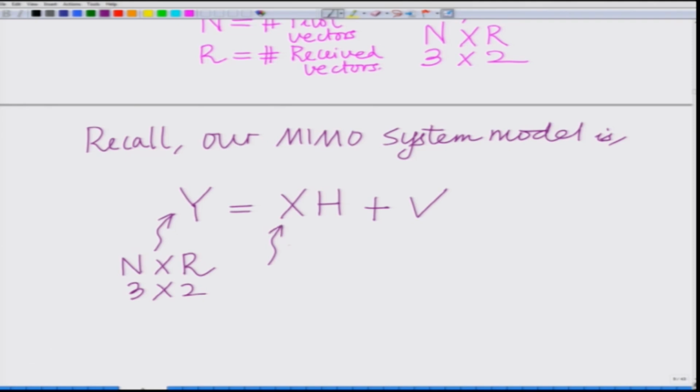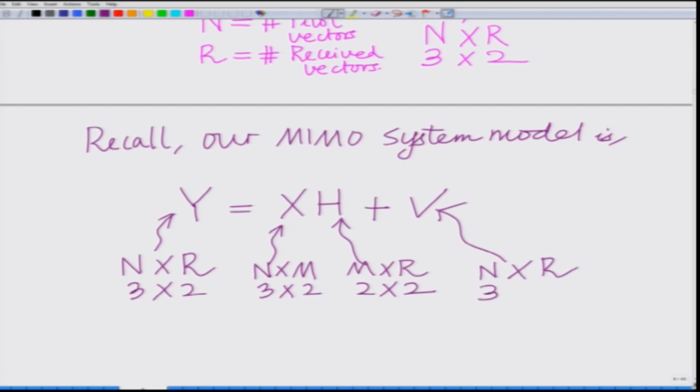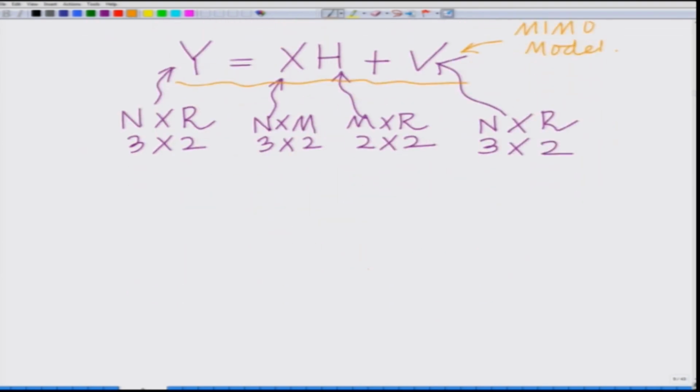in this case 3 cross 2. X is n cross m, in this case again 3 cross 2. H is m cross r, in this case 2 cross 2, and V is again n cross r, in this case a 3 cross 2 matrix. Remember, this is our MIMO system model, that is the multiple input, multiple output wireless channel model. Okay. Now, let us assume IID channel coefficients with prior variance